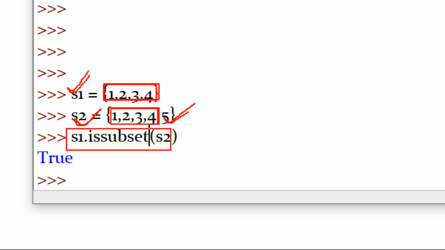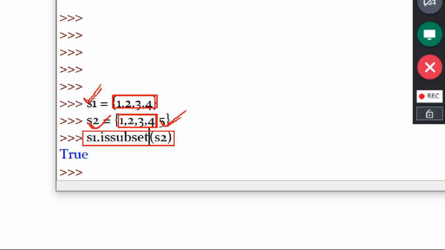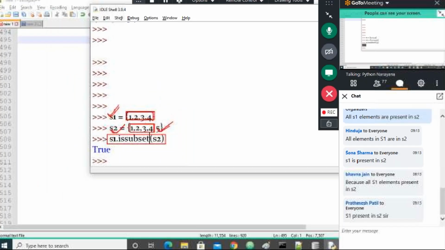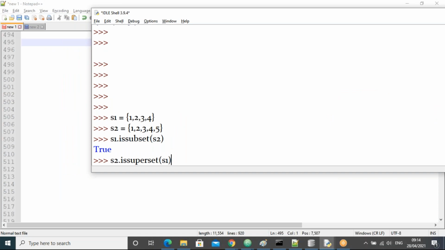In the reverse case, I'll take now S2 is a superset of S1. Now let me know, is it true or false? I'm saying that S2 is a superset of S1. All of you let me know.